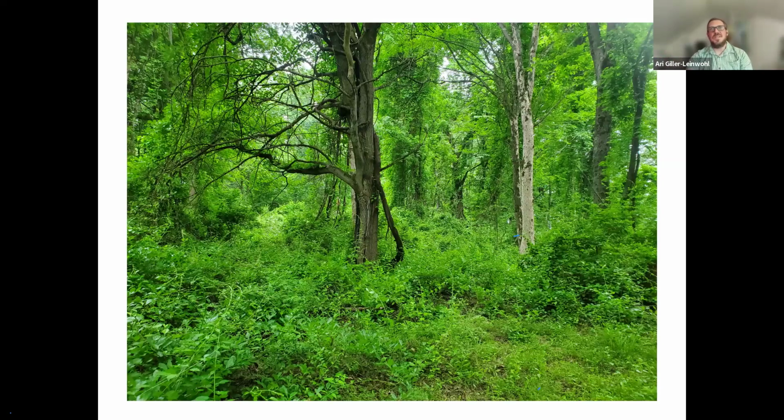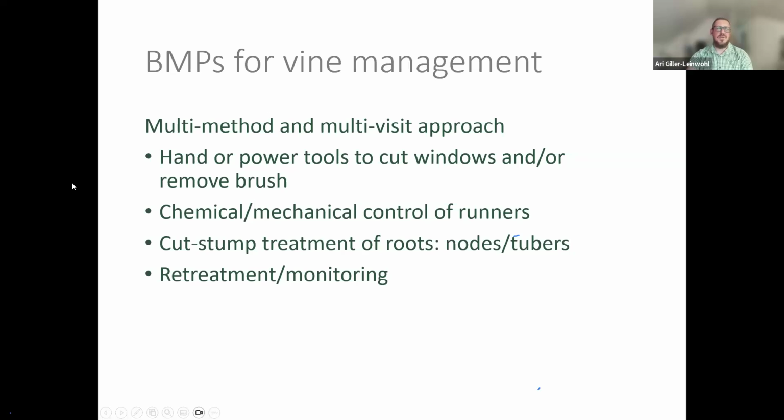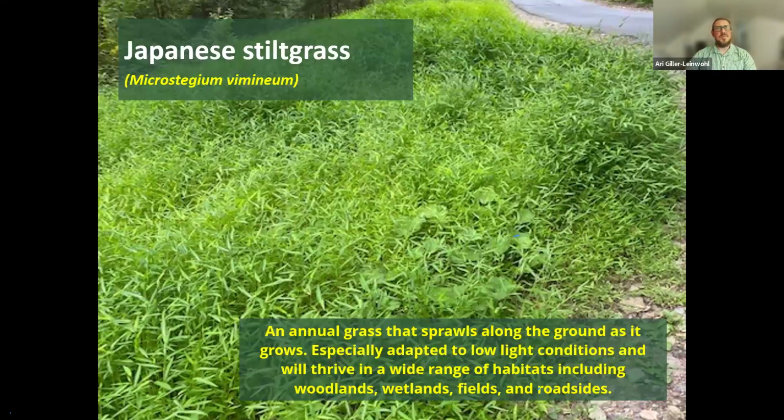It's certainly of concern for the Adirondacks because we'll touch on some of the forest pests in later slides. But as we have pests moving into the region, like beech leaf disease, like emerald ash borer, we likely will have more openings in the canopy as we have mortality of some of the canopy trees. And so really keeping some of these early invaders at bay is quite important in terms of what fills in these canopy gaps if we lose trees, whether it's to storm damage or potentially to forest pests. So the BMPs for vine management certainly works for Oriental bittersweet, similar to kudzu control, but I think quite important to keep in mind. Something else that I wanted to bring up species-wide that's just emerging in the Adirondacks, but is a huge threat,